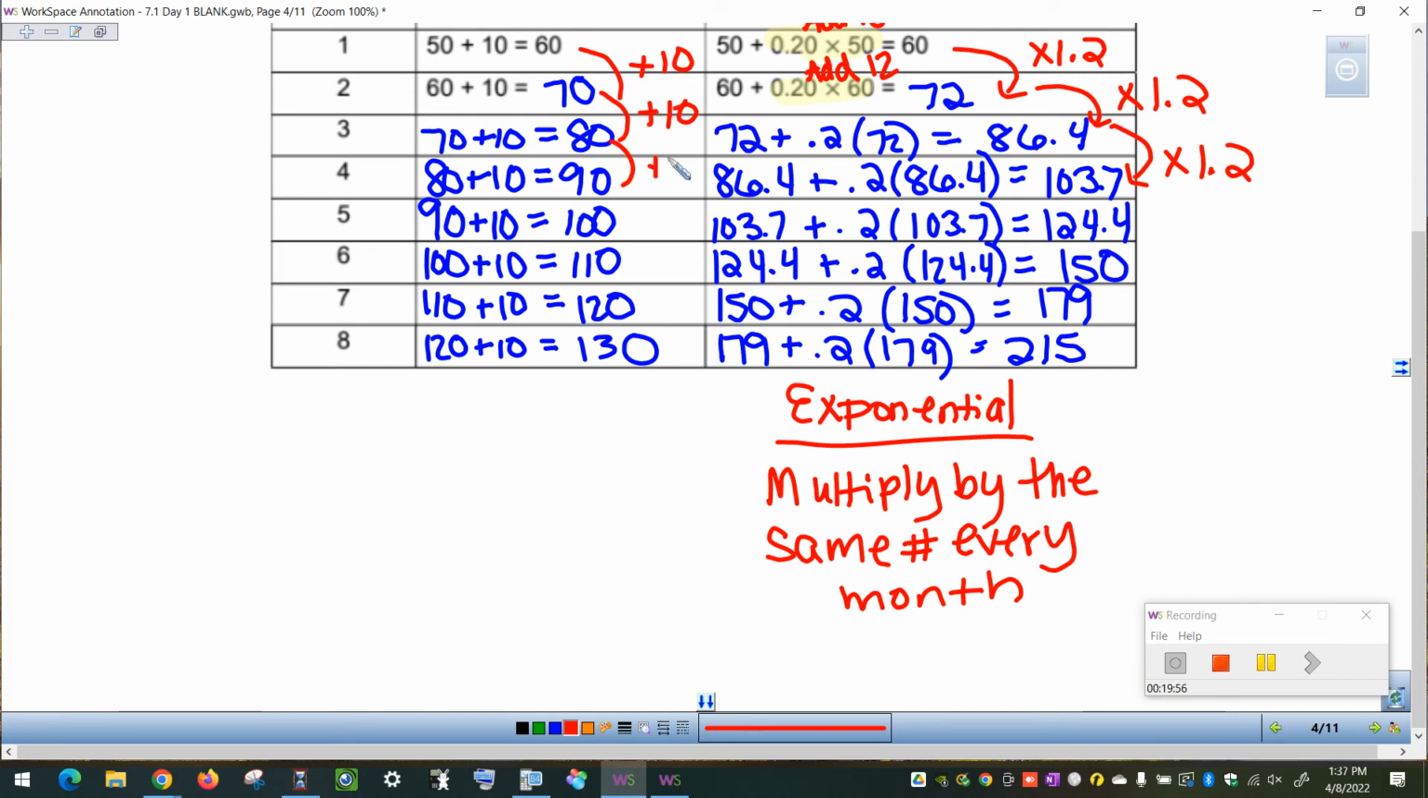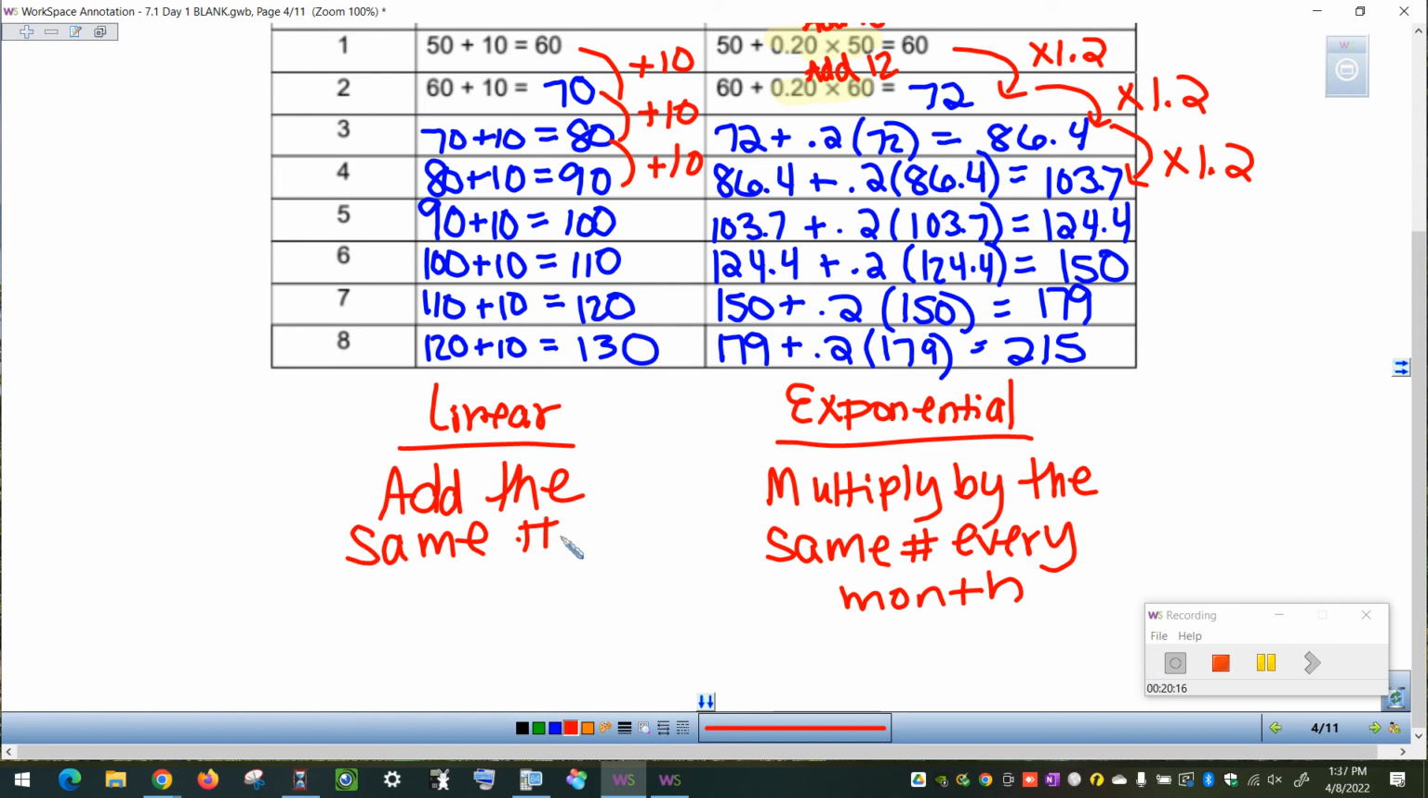All right, now that is a little different from what's happening over here with Fred. So we saw Fred was just adding the same number every month. And that is a characteristic of linear growth. So if it's linear, we're going to continually add the same number